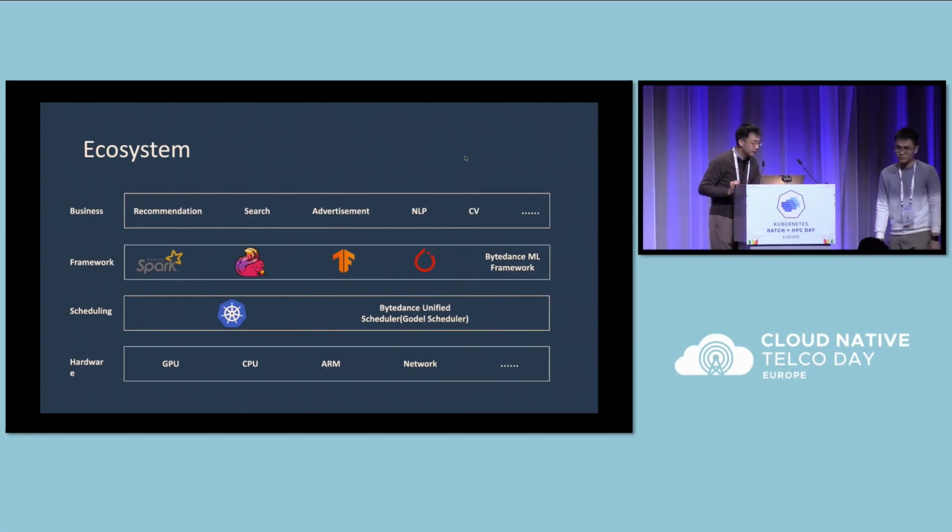This is our batch scheduling ecosystem, and I'd like to divide it into 4 layers. The first layer is the hardware layer. We manage a lot of